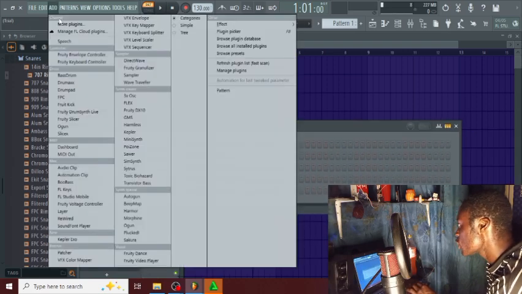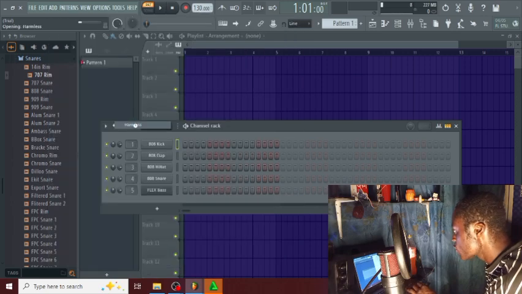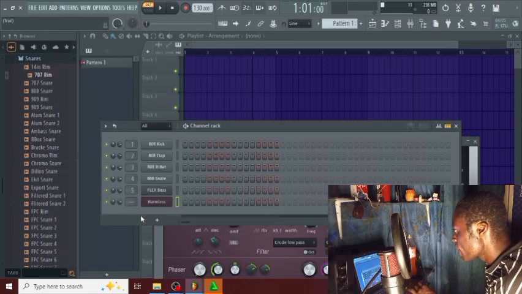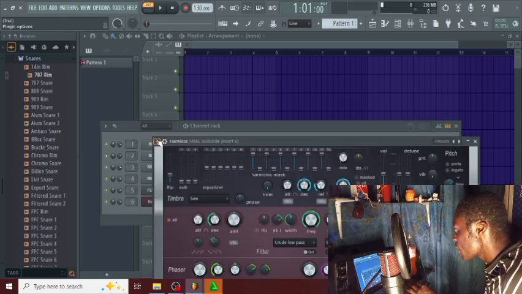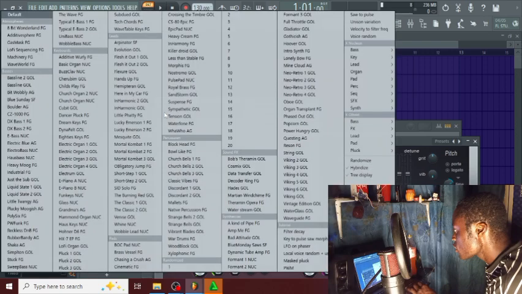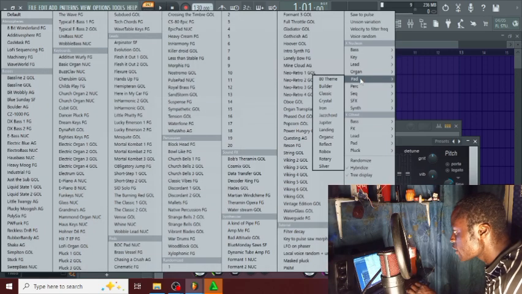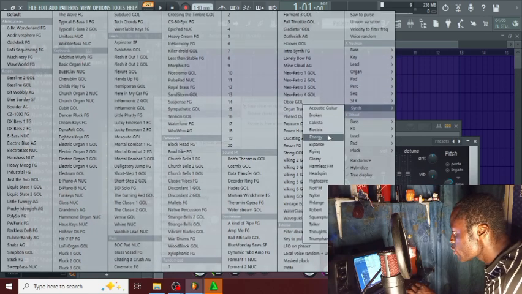So I'm going to click on add. This add, I'm going to pick this plugin called Harmless. After that, I'll put my cursor here, left click and hold it, turn my mouse wheel to channel 6. Then put my cursor on plugin options, click on preset. I'm going to pick this one called